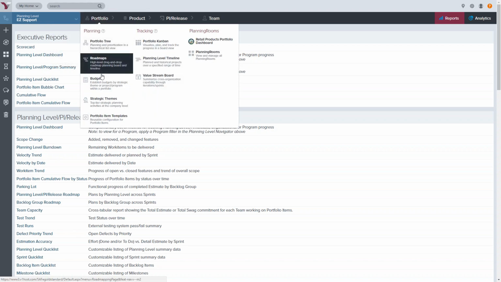So from a high-level portfolio perspective, we started looking at this from a strategic themes view. We then went through all the different setups. This is the portfolio version of this. Again, if you want to see more details or have more information about the other